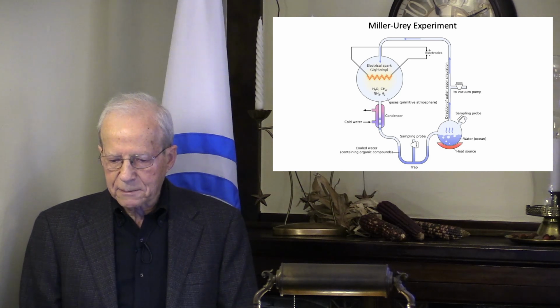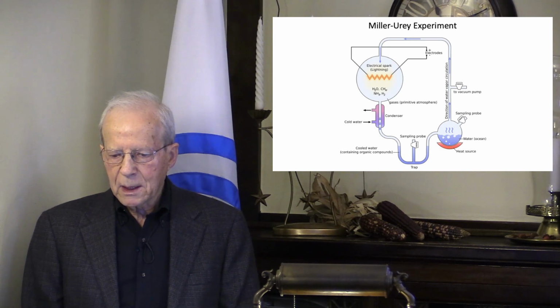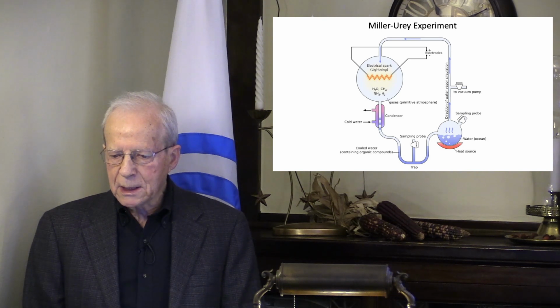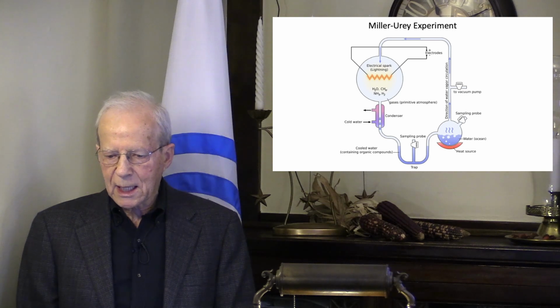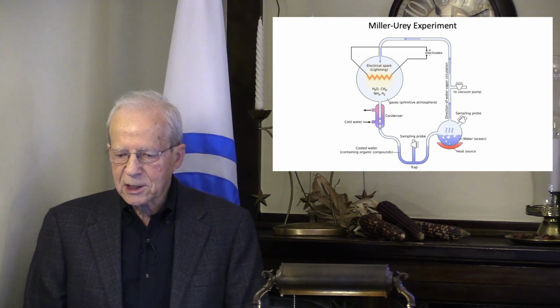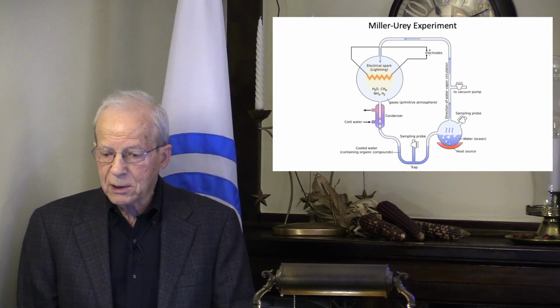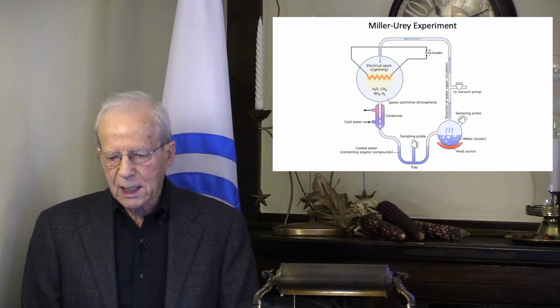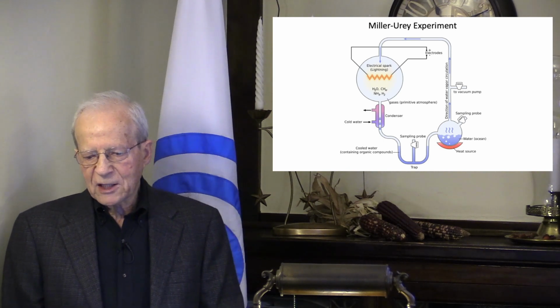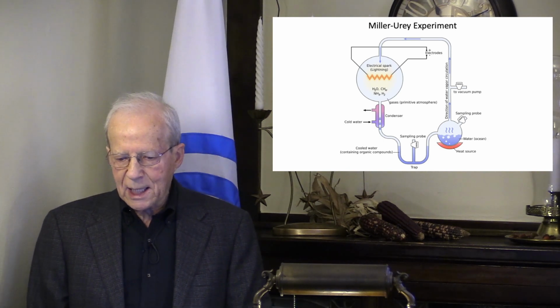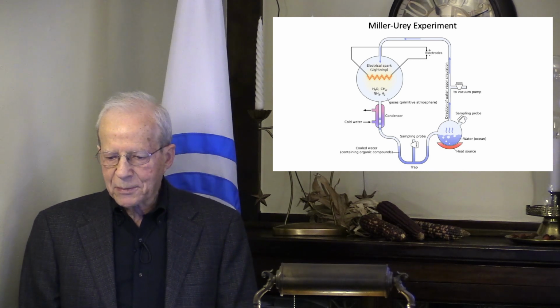to complete the circuit. The experiment was run continuously for a full week, at which time the solution became brown and the flask became coated with a black, tarry, oily-like substance. Analysis of the fluid content yielded several amino acids, including glycine and alanine. The announcement of these findings generated a great deal of enthusiasm and captivated the imagination of many origin of life